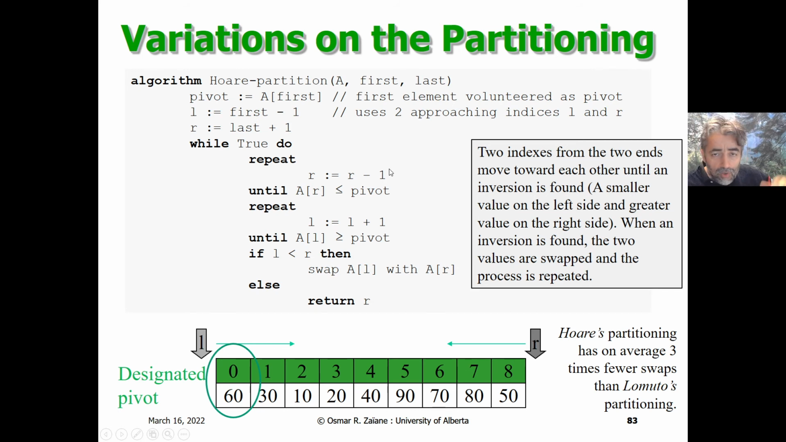And then I have also a left and a right. So the left starts at first minus 1, so it starts actually before the container. And right starts at the last plus 1. So I'm starting outside the container. And then while true, so this is kind of an infinite loop, I have 2 loops inside, repeat